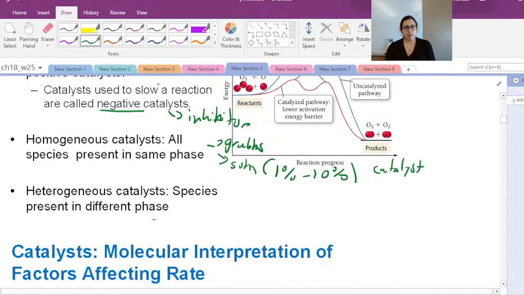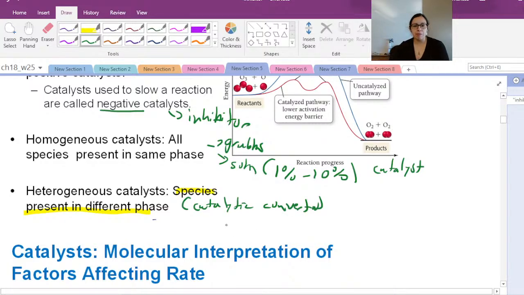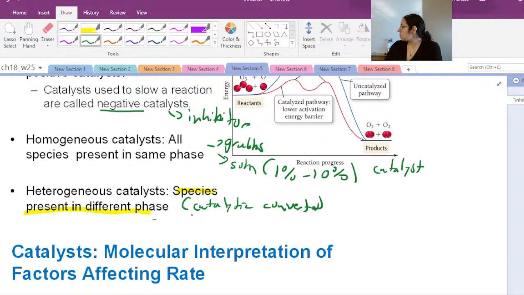Heterogeneous catalysts obviously have some industrial advantages. Notice your species would be in a different phase. So again, think of your car catalytic converter. You pass gas over, I think it's platinum and palladium that's used in the catalytic converter. And obviously that catalytic converter is easy to separate from the gas phase, as by some thieves who want your catalytic converter. But again, the whole point is recovery is easy.